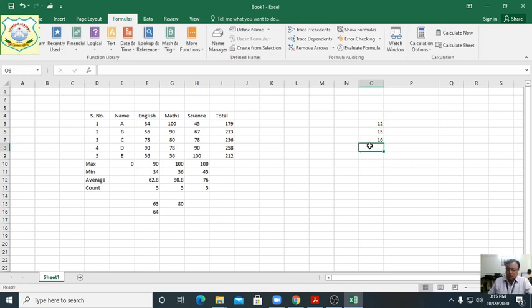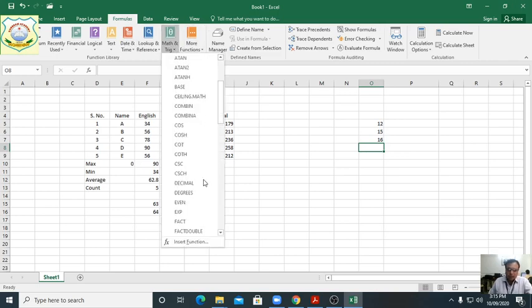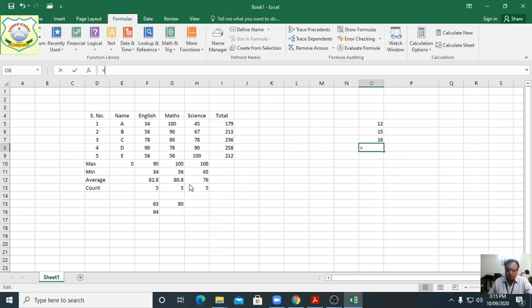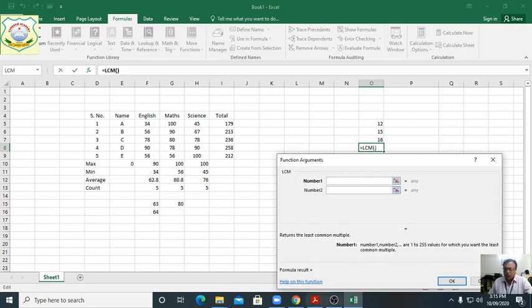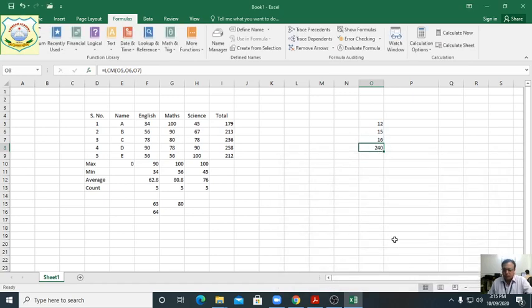Again we go to formulas, math and trig, and select LCM. This dialog box will open. Click on the address bar, this one here. Okay, now click on OK. 240 will come. This is the LCM.